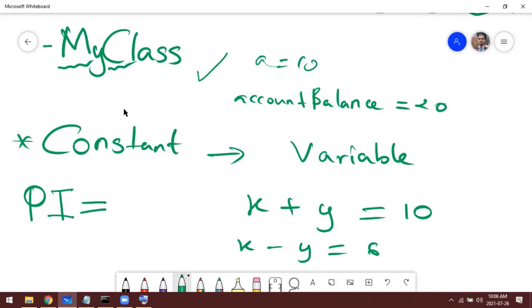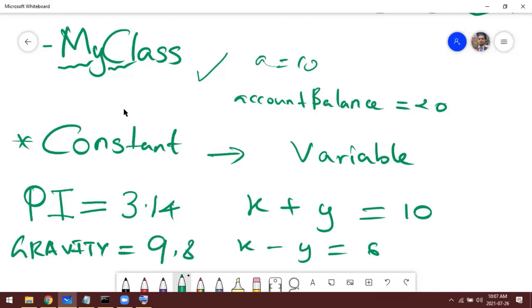Pi we know is 3.14, right? Likewise, gravity of Earth, we know it is 9.8 meters per second squared. So these are constants.